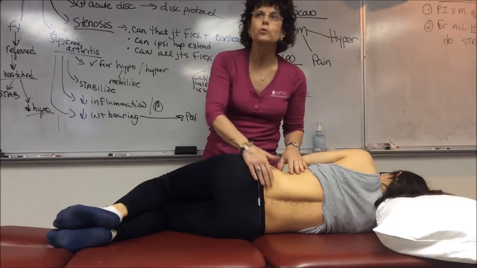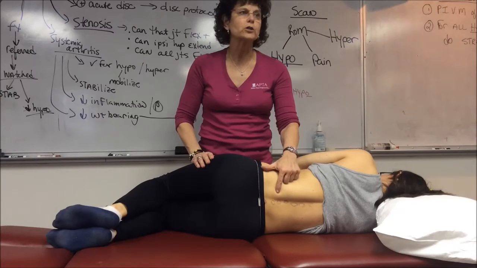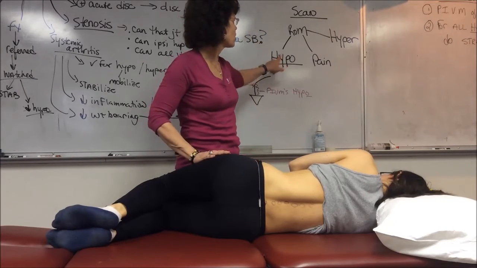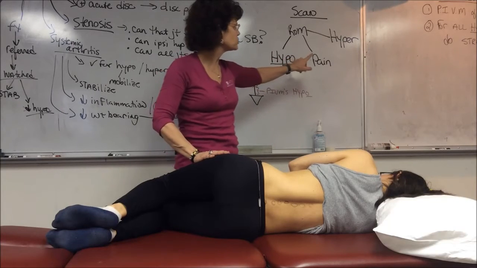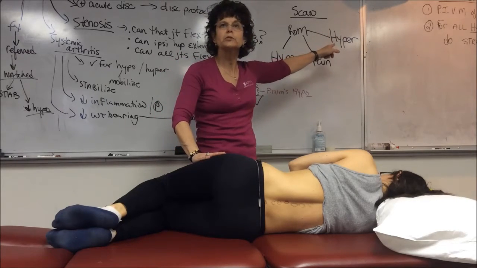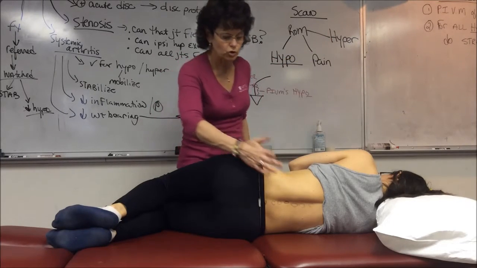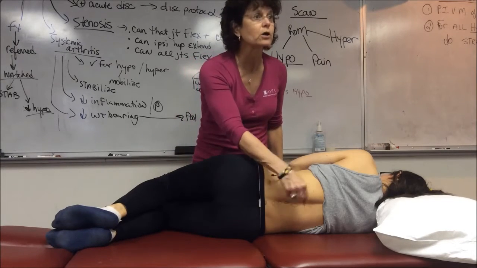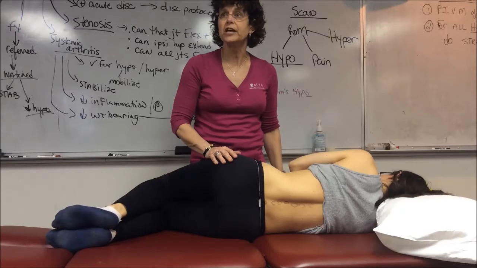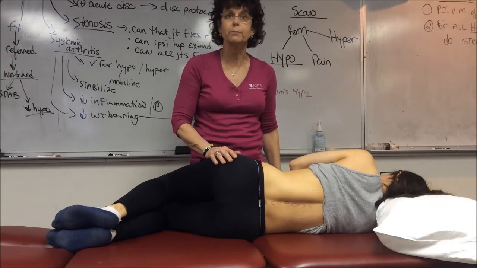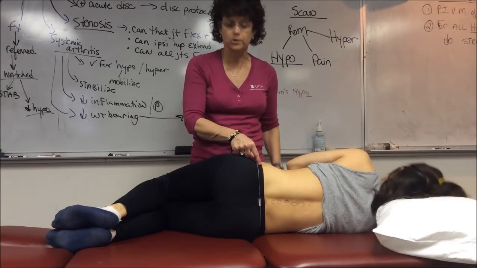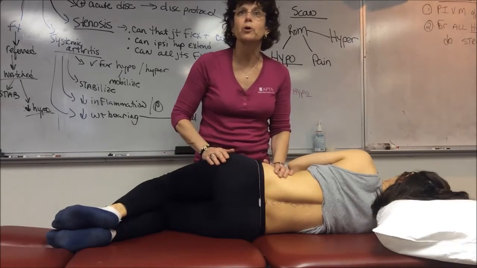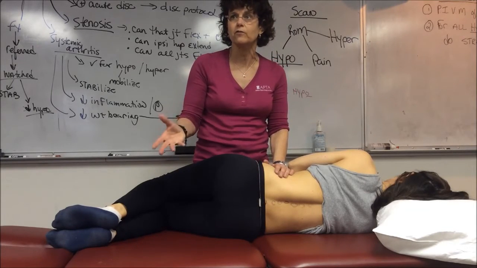Prior to doing your PIVMS, you should have marked your patient so that you know which segments are hypomobile, which segments are painful, or which segments are hypermobile. So you'll have a pen mark. When I'm treating patients, I've got a pen mark so I know exactly which segments I want to assess with my PIVMS by the time I got here. On this particular individual, I just marked all the spinous processes so you could see each level as I go